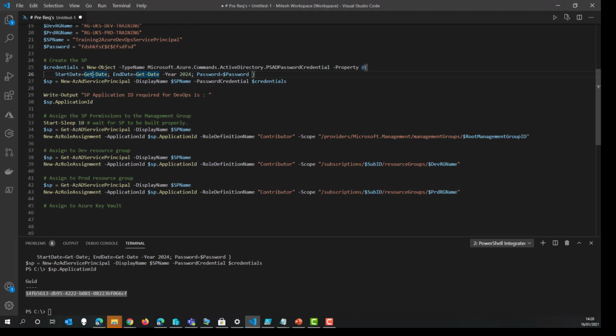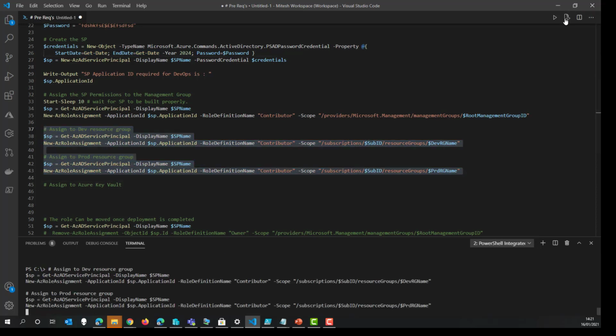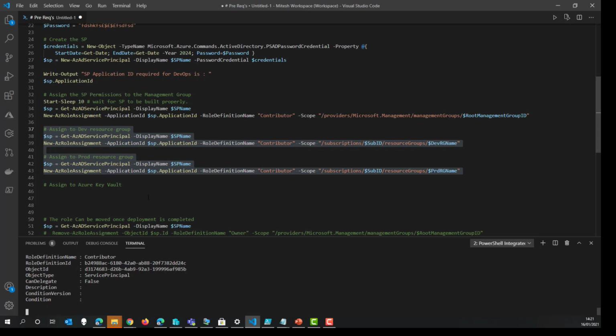And then what we need to do is grant it access. So just like we saw previously with the automatic one, it granted access to a resource group. What we're going to do here is grant it to our own resource groups, production and development in this case. What we also need to do is grant it access to Key Vault, and we'll check our Key Vault now.